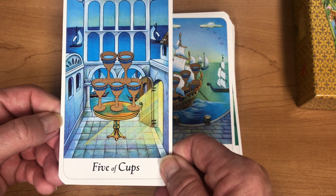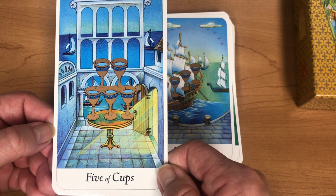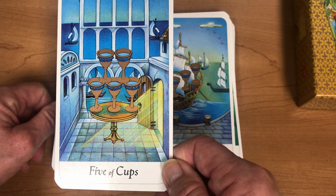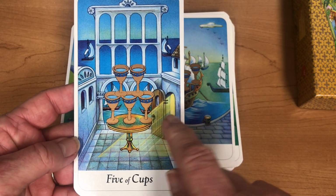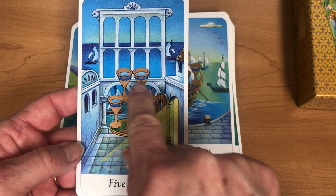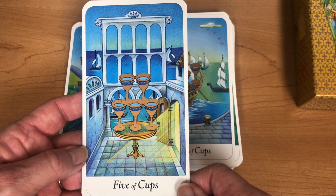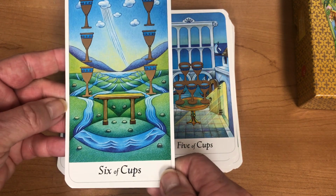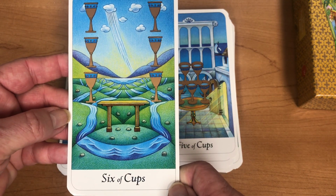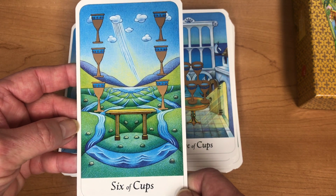Five of Cups. And you generally think of 5s as being unstable. It's an unstable number. So we've got 3 cups below, 2 precariously perched there. So you may have to watch what's ahead. Things are a little unstable. Here we have 6 of Cups. Really beautiful. Perseverance,